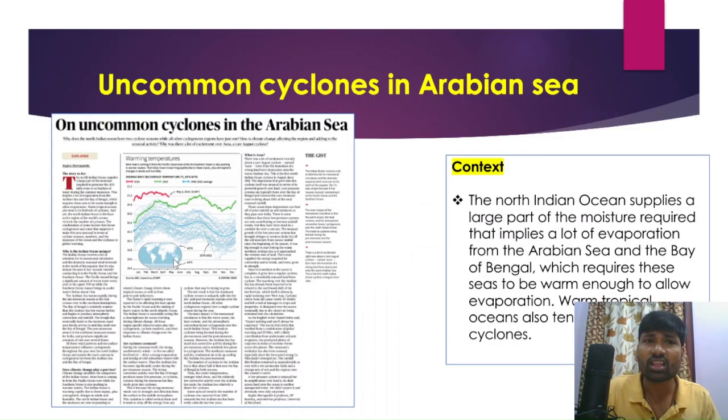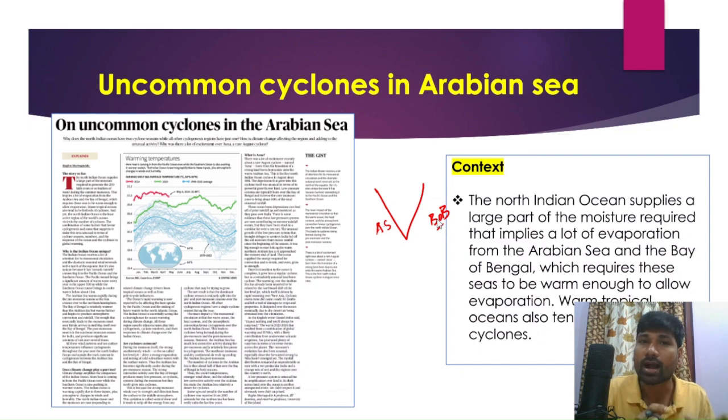And the next important article is uncommon cyclones in Arabian Sea. And we all know that India has a huge coastal area, and in fact the peninsular part of India is sandwiched by two important seas, Arabian Sea and also Bay of Bengal. And both Arabian Sea and Bay of Bengal are more vulnerable